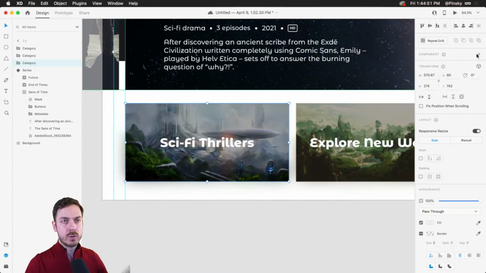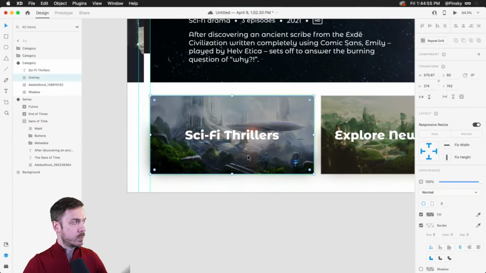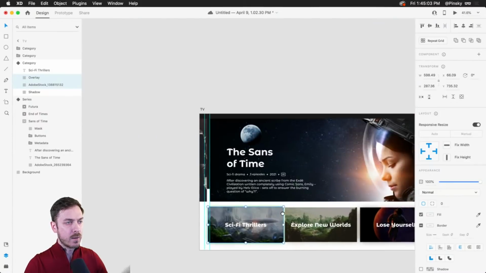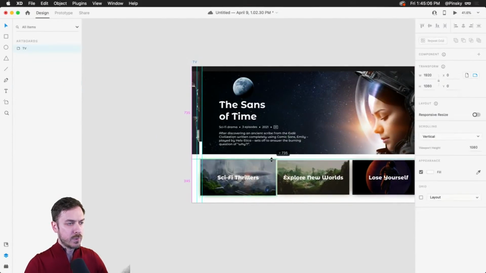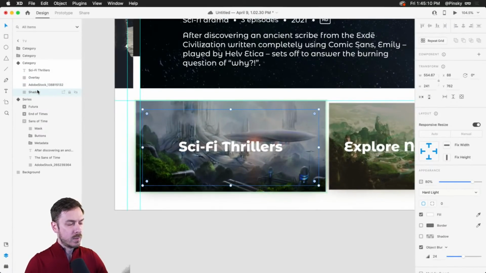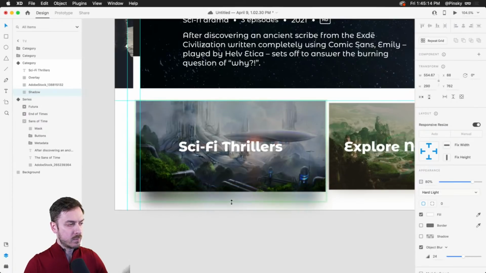I'm going to create a component, and all we're going to do is grab the overlay and this image. We're going to make it a little bit larger, nothing too crazy. Let's also drag out a guide from the top, so that for the other ones we have a bit of a reference. And then we're going to grab the shadow and shift it on down.